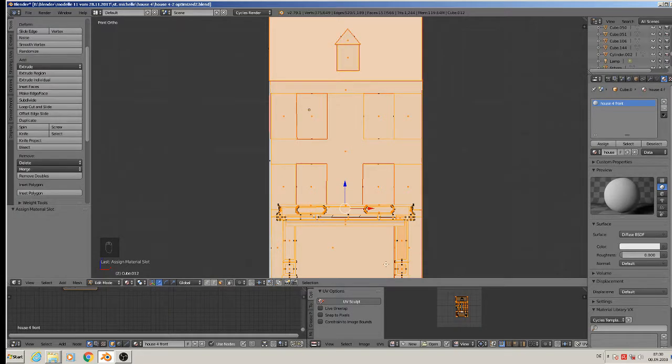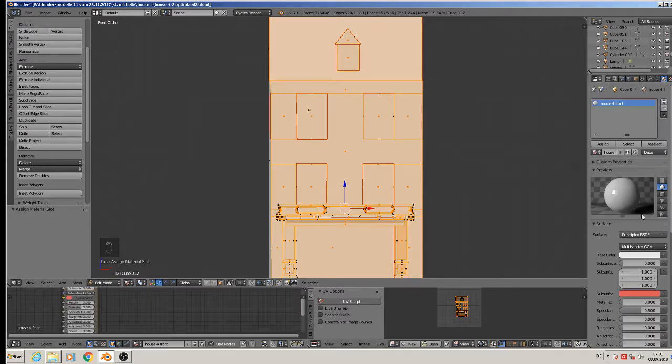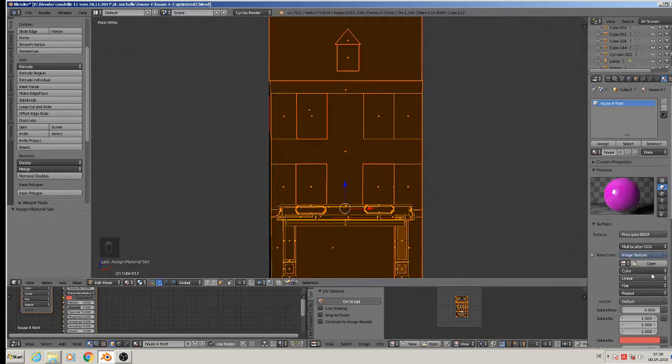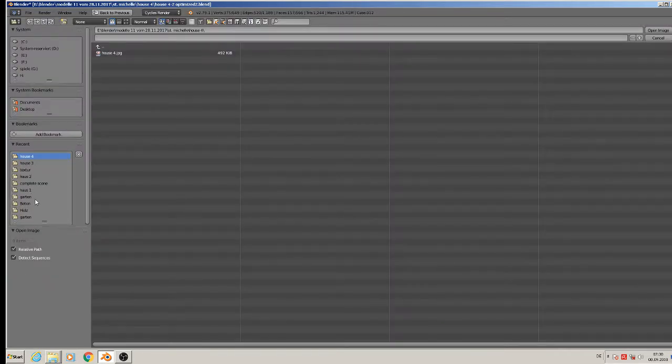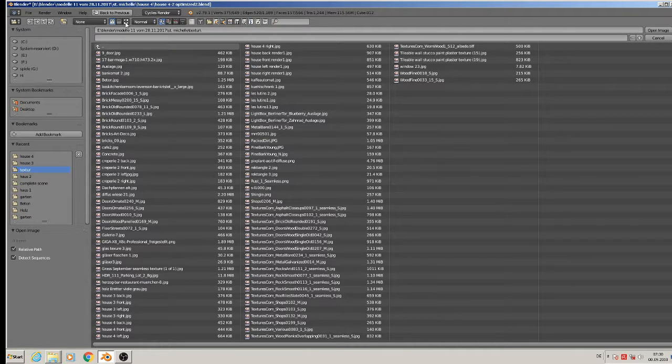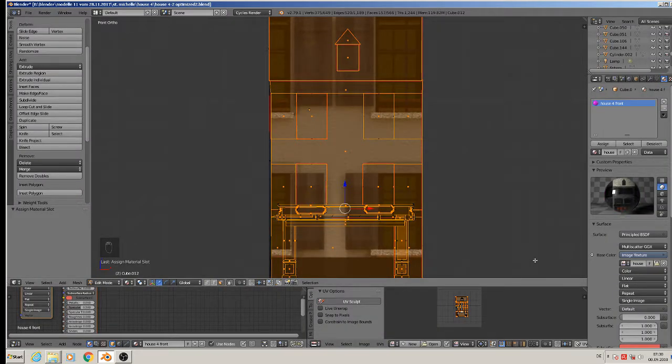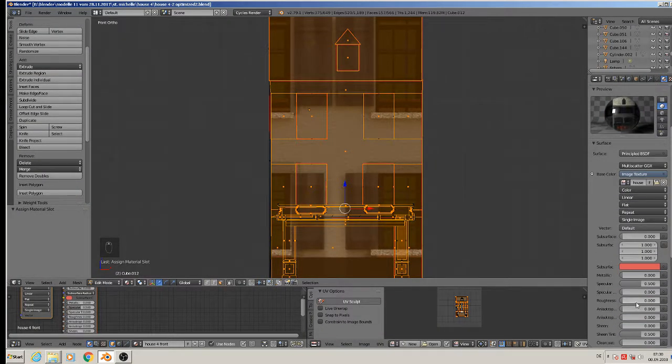Now we go back to Blender, render, and say principled shader. The base color should be an image, opened from our texture folder, and it is called front of house 4. So here. Then it should have a high roughness